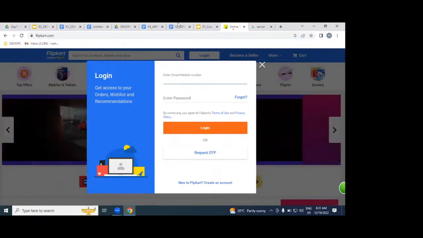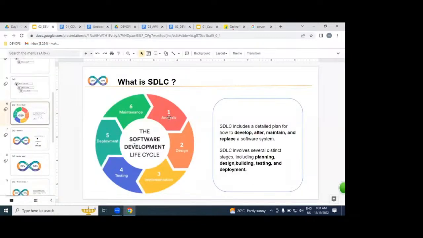Based on the gathered information, our architects will do the design. Design is nothing but a plan. According to our plan, our developers will write the code, either Java, .NET or Python, any programming language.